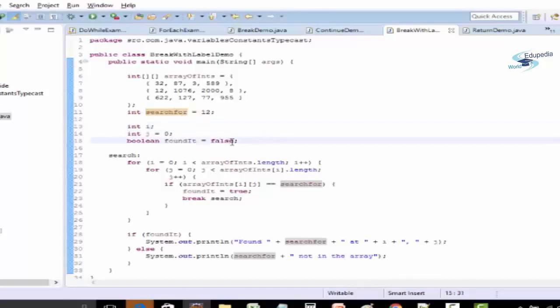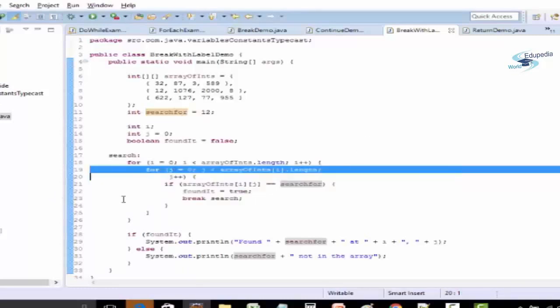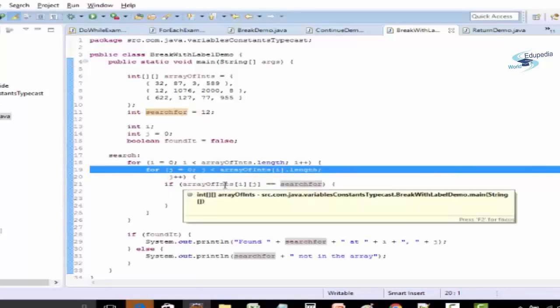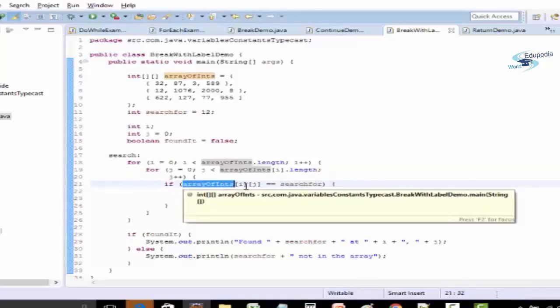Now I'm using a label search, and I'm using a for loop. Inside the for loop, I'm using a variable int i, which is 0, and I'm running the loop till the end, till the length. Then inside that for loop, I'm again using one more loop, so over here I'm using int j. Now I'm checking the array element at i, j.